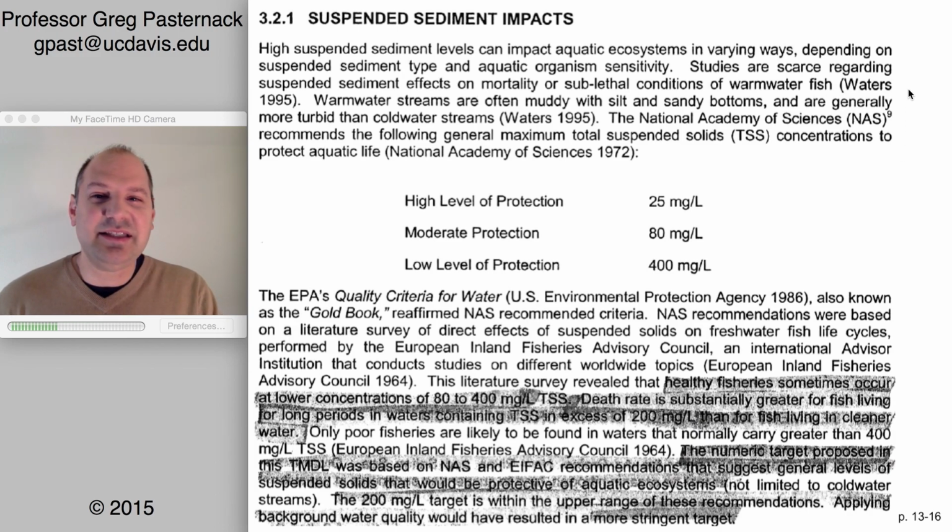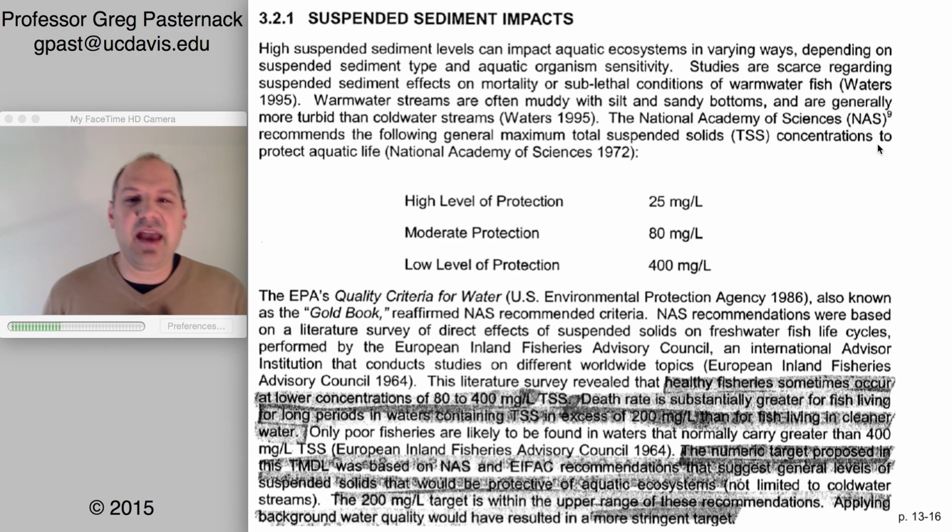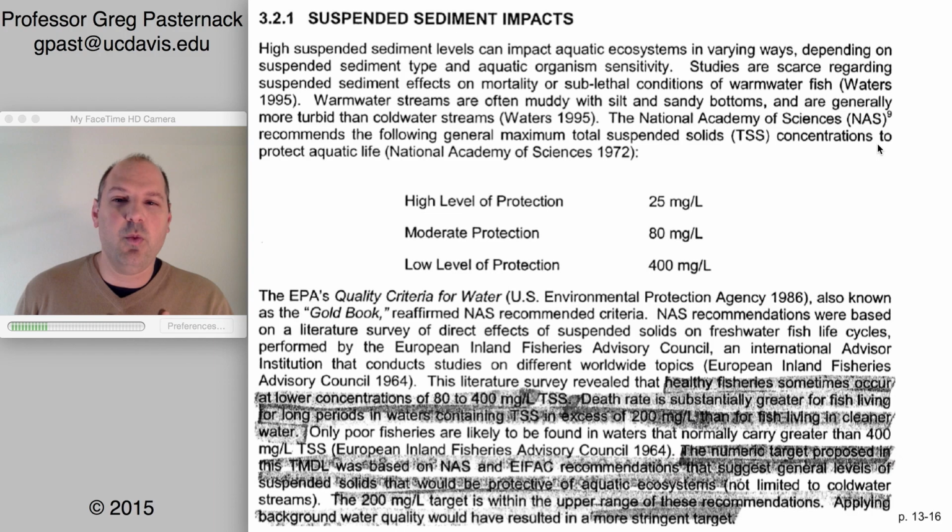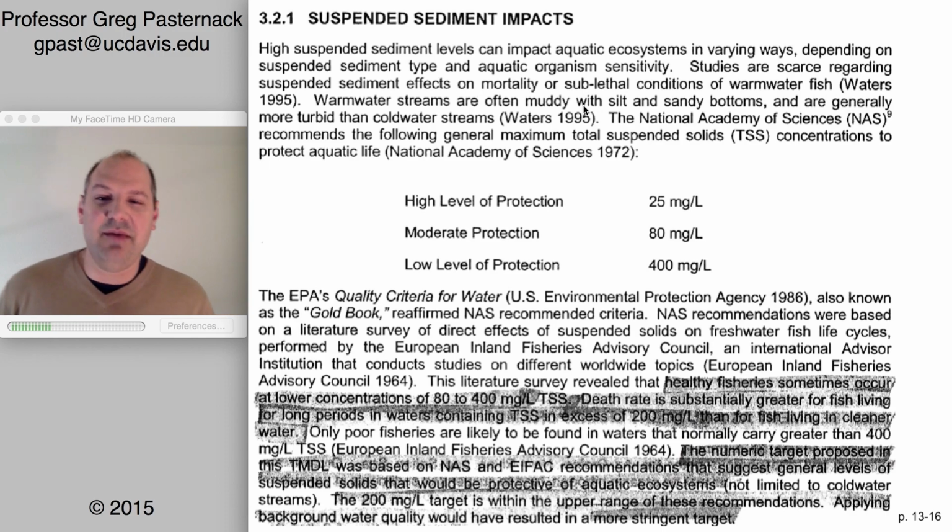And so when we look at sediment, there's a scarcity of studies that look at what is the role of sediment in causing death or sublethal conditions and real harm to warm water fishes. Warm water streams are often muddy. It's not like, in the Mississippi River or the Amazon River, rivers can't have sediment in them and have to be sparkling clear. However, there are some standards here